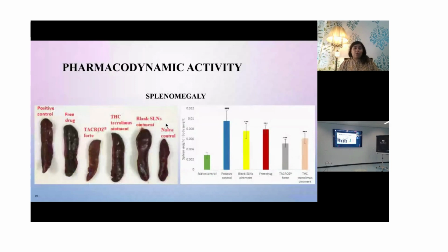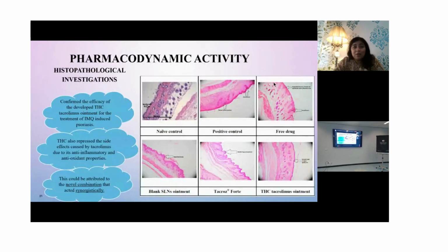Now, coming to one of the important effects here, Tacrolimus forte has an effect to decrease the size of the spleen, whereas when we applied our product, we could see that there was no change in the size of the spleen observed. So there was no splenomegaly when we were applying our product as compared to the free drug or the marketed product, that is Tacros forte. Similar observations were made in the case of the spleen weight even. So the histopathological studies were clear evidence of whatever we did. They confirmed the efficacy of the developed ointment for the treatment of MEQoid-induced psoriasis,